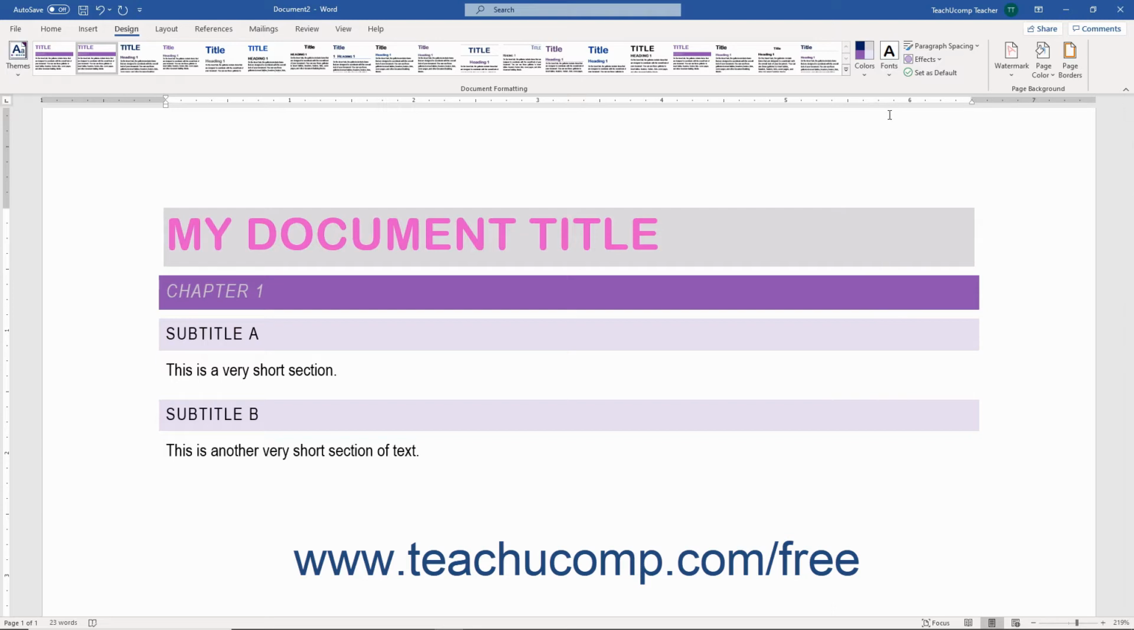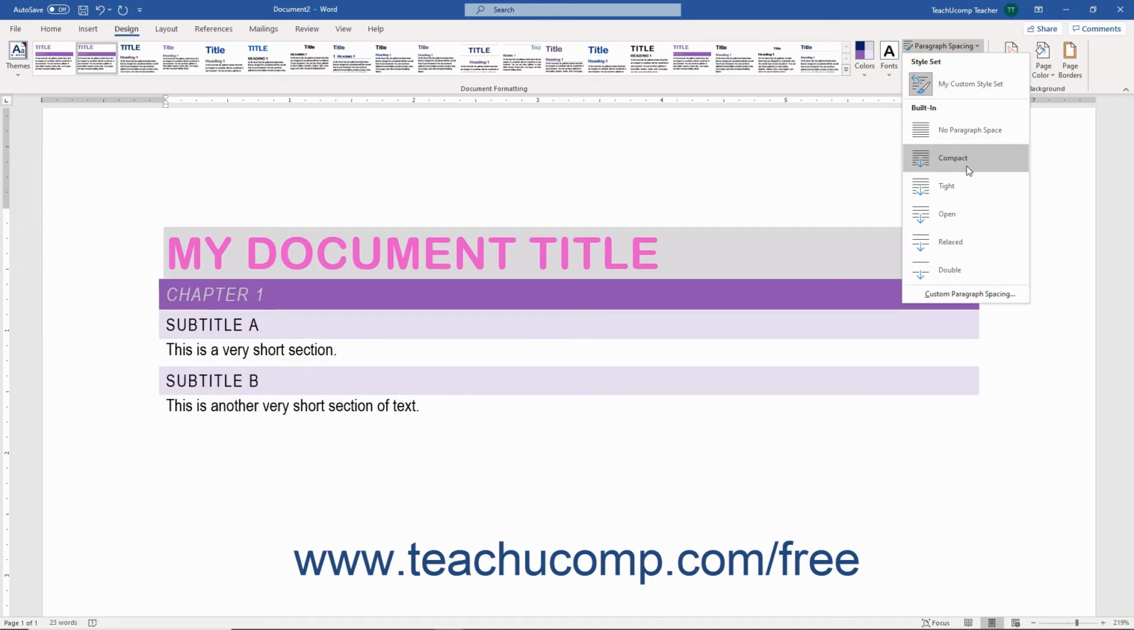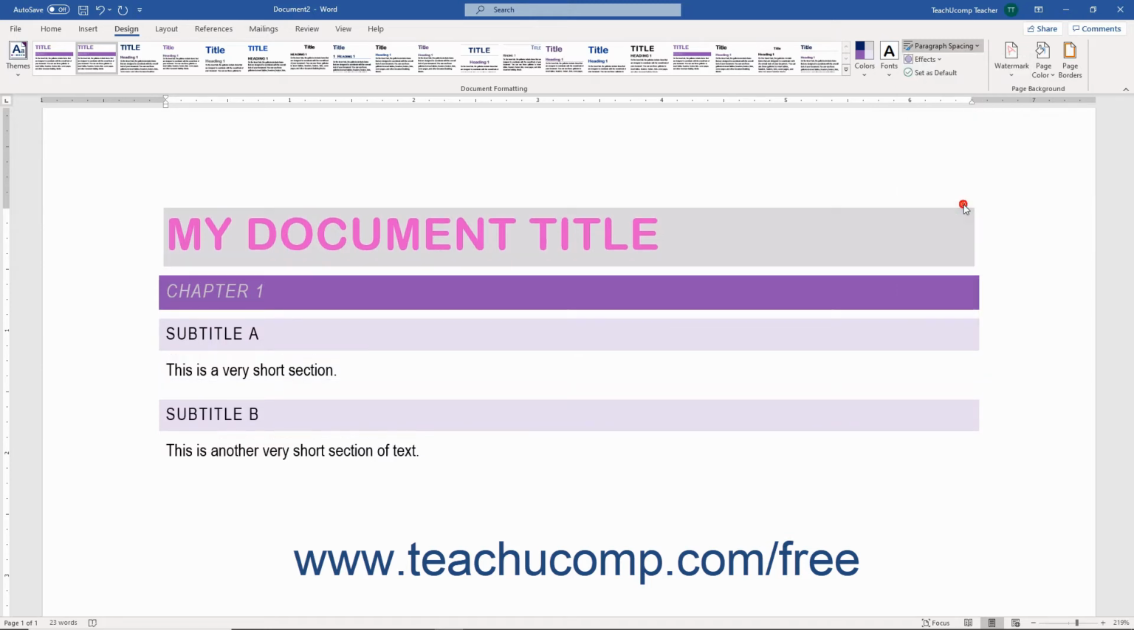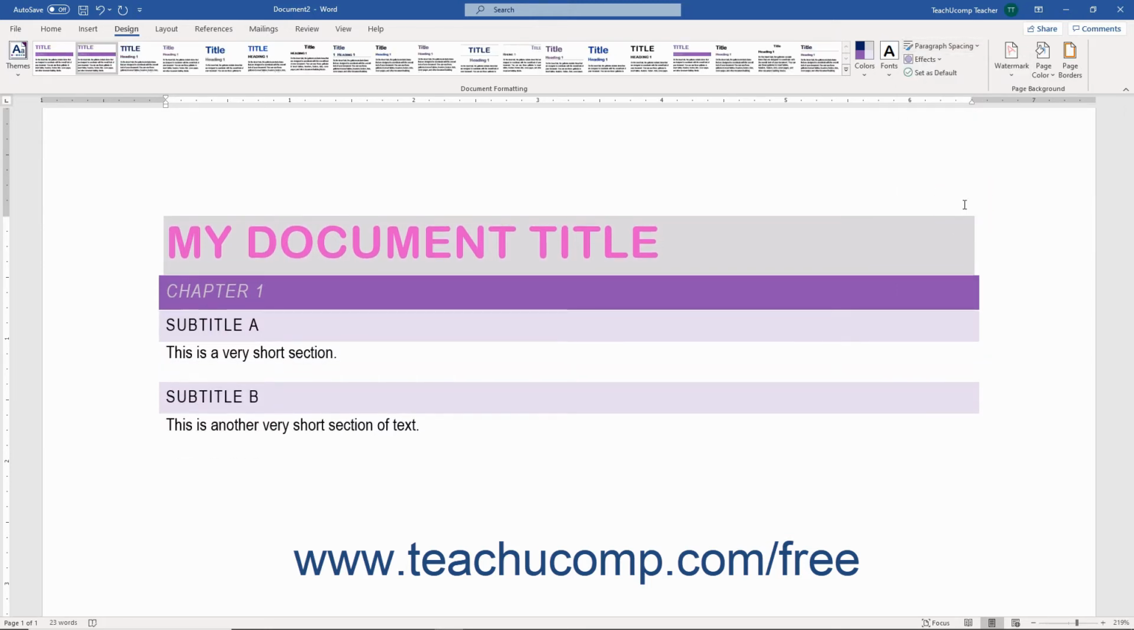Separately, you can also set the theme's paragraph spacing in the document. To do this, click the Paragraph Spacing drop-down in the Document Formatting button group on the Design tab of the ribbon. In the drop-down menu that then appears, you can select a preset paragraph spacing option. Alternatively, to specify custom paragraph spacing, then instead choose the Custom Paragraph Spacing command from the button's drop-down menu to